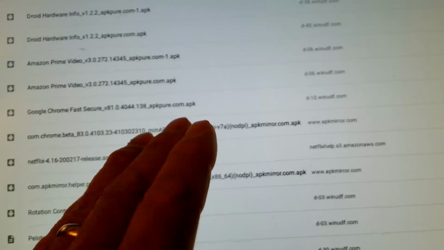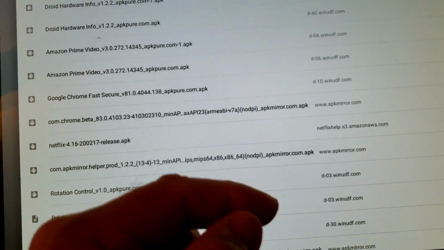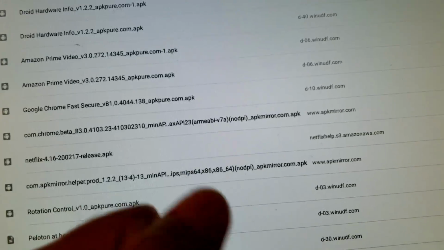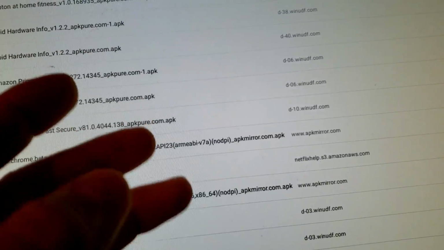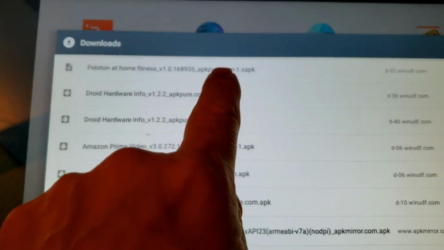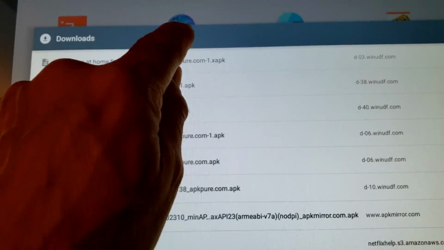Now, if for some reason you try using the APK file that I talked about earlier and that doesn't work, then you would have to use the packaged one. And in order to do that, you would need to also download the installer, depending on if you got it from APK Pure or APK Mirror. So this is from APK Pure. So if you notice, if I click on that,